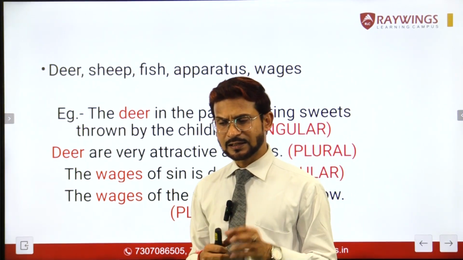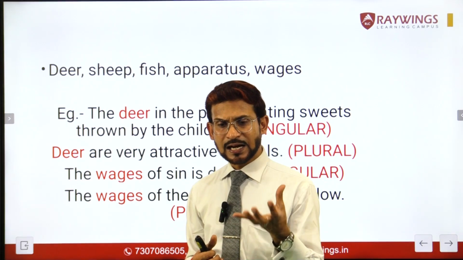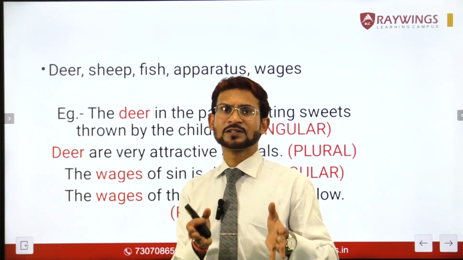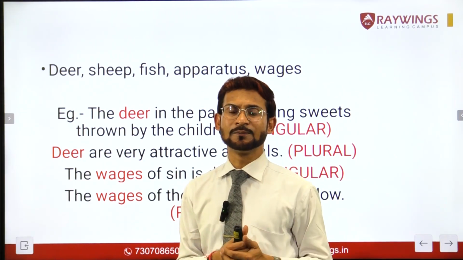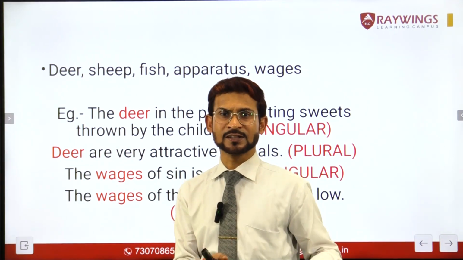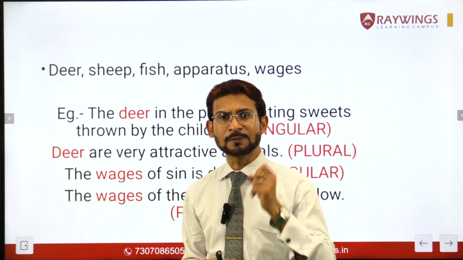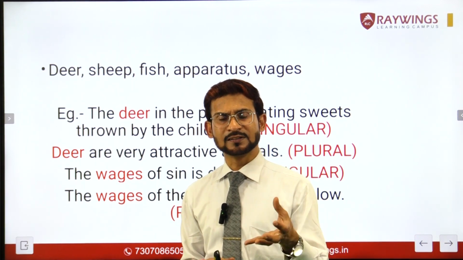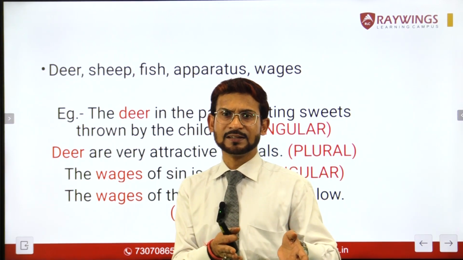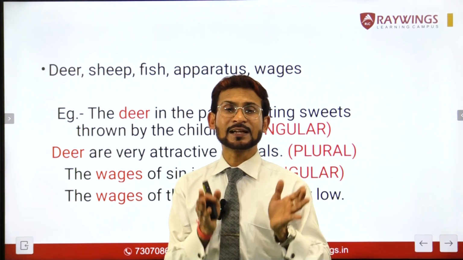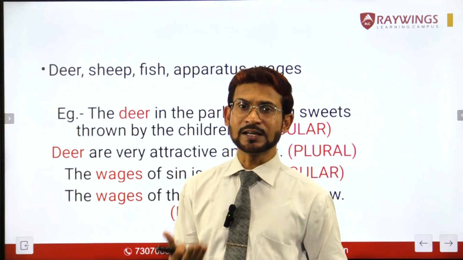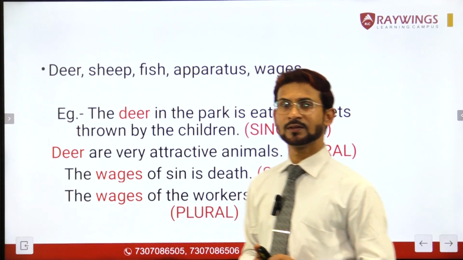If I say, for example, assume that there are 5 fish of the same breed in the aquarium. So I'll say that there are 5 fish in the aquarium. I will not say that there are 5 fishes in the aquarium. But if all these fishes are of different breeds, right? Then I'll say that there are 5 fishes in the aquarium instead of saying there are 5 fish in the aquarium. All right.